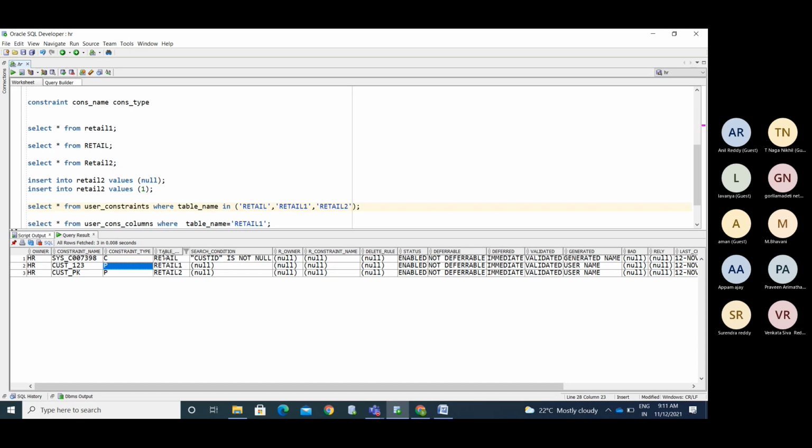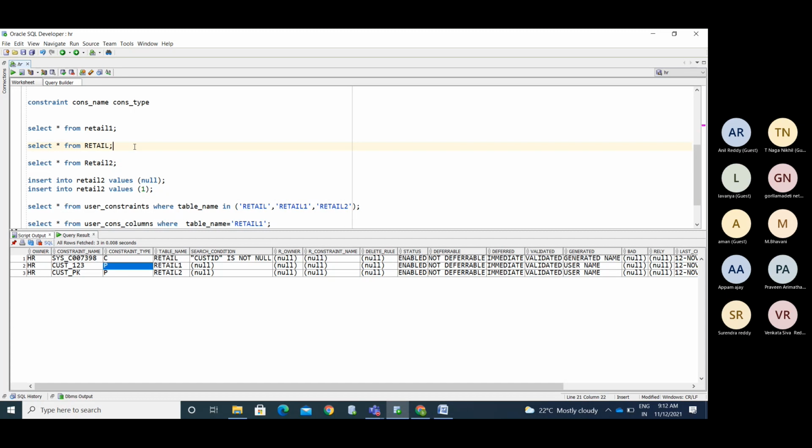While defining the table, you can create the constraints beside the column definition, but if you forget to create the constraints at table creation, you can add them at the end.